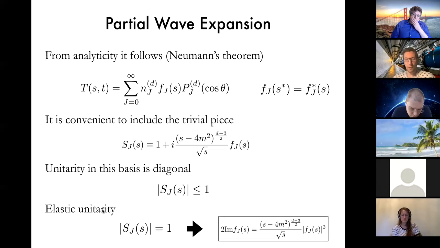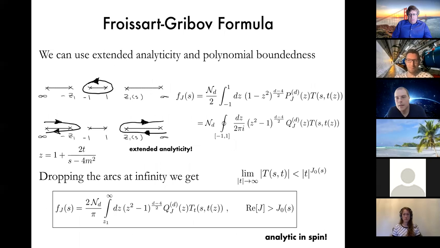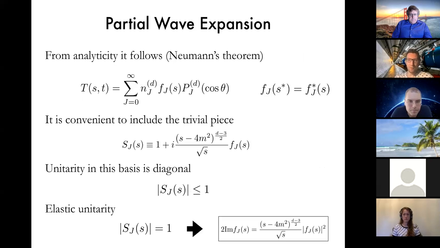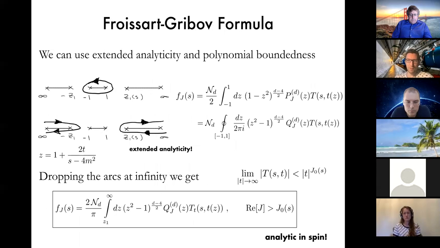And the elastic unitarity tells you that S_J S_J^* is 1, which in terms of f is this equation, that the imaginary part is equal to f squared. So you might think, okay, what's exciting about that? S_J S_J^* is equal to 1, so S_J is just a pure phase in this region. But you will see now what's nice about this. Let me introduce something known as the Froissart-Gribov